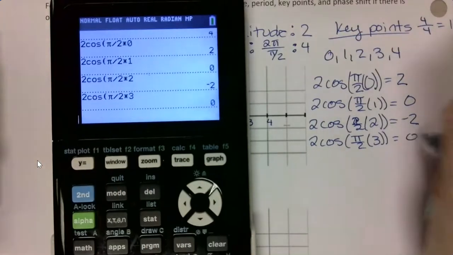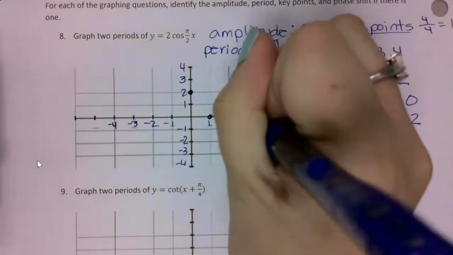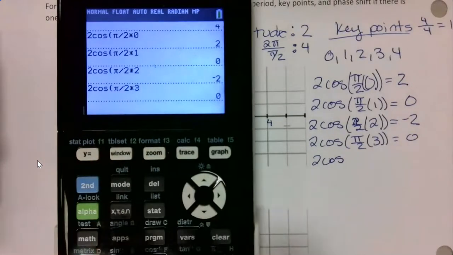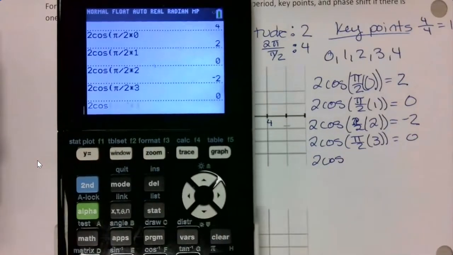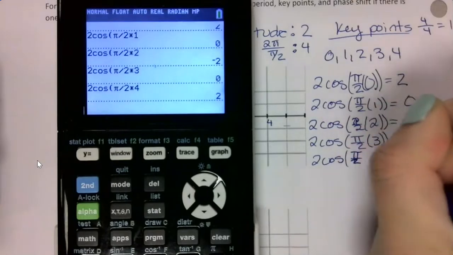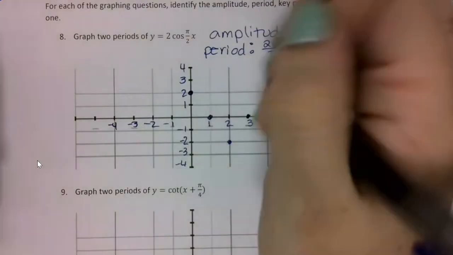Gives me 0. I forgot to put the 1. And then I want to plug in 4. Which gives me 2. So this is one full